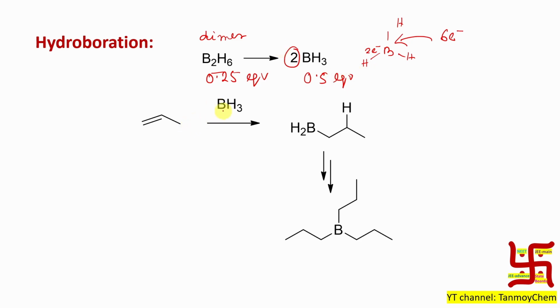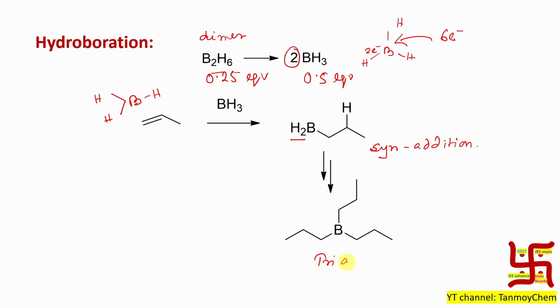Point number two: how does BH3 get added across a double bond? More specifically, across a pi bond, it is actually syn addition. By the way, remember the product is saturated, that's why it is syn, not cis. Do not get confused. So this addition takes place, syn addition, both on the same side. Later on, the reaction doesn't stop here. Why? Because a BH bond got attached across this alkene, still 2 hydrogens remain here, so those 2 BH bonds can also undergo addition with 2 other alkene molecules,